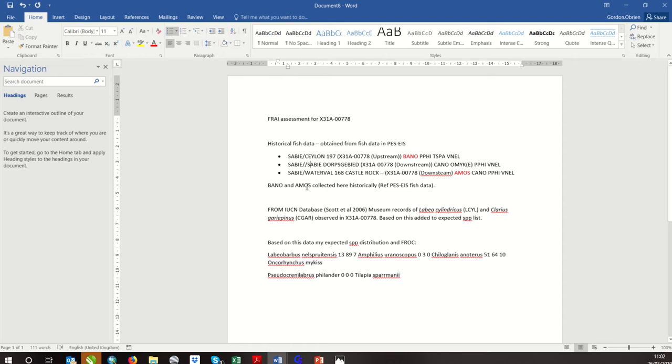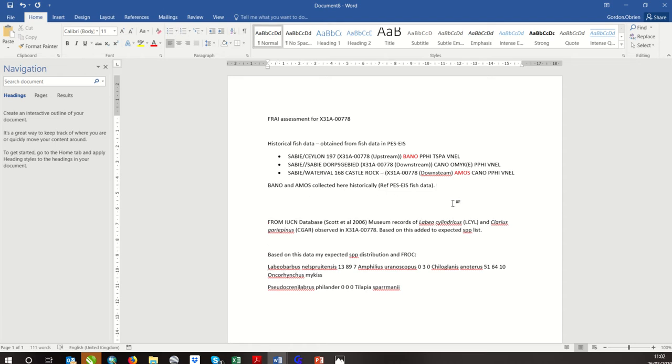Okay, and here, AMOS collected, where historical reference there. And then here I'm going to also add U. natalensis, also historically collected, but uncertain of species identification,